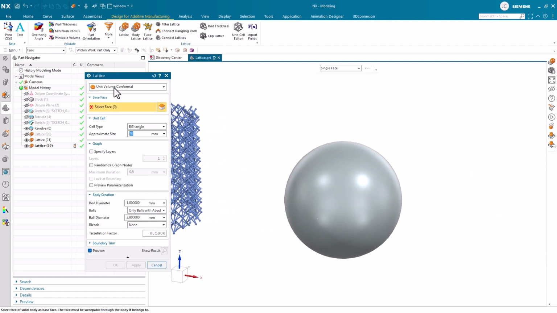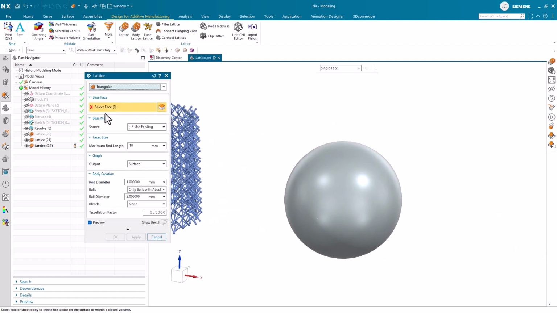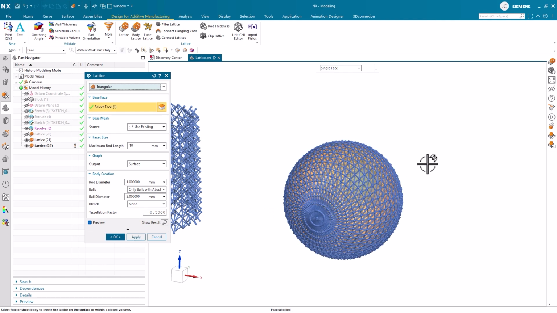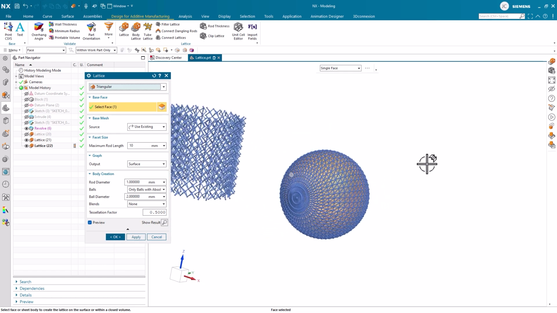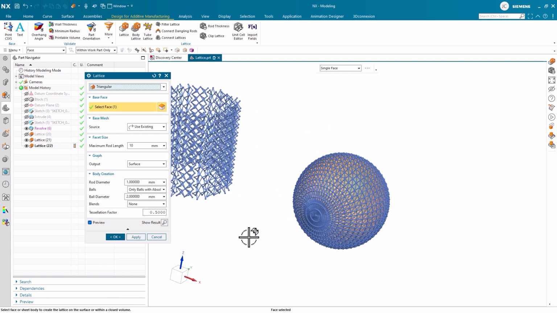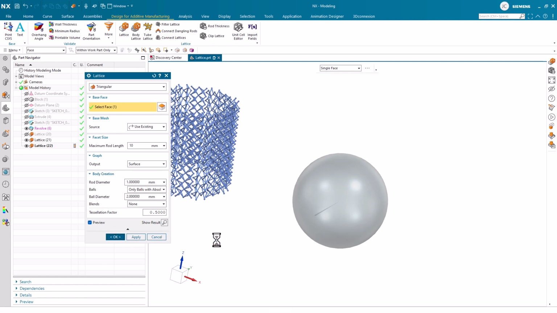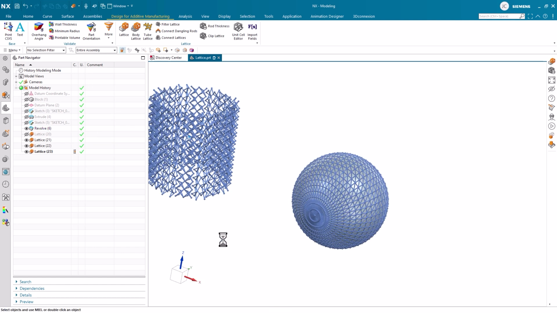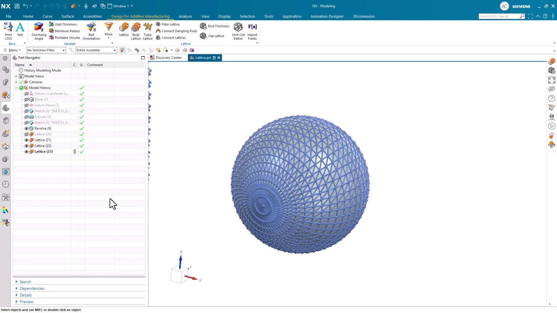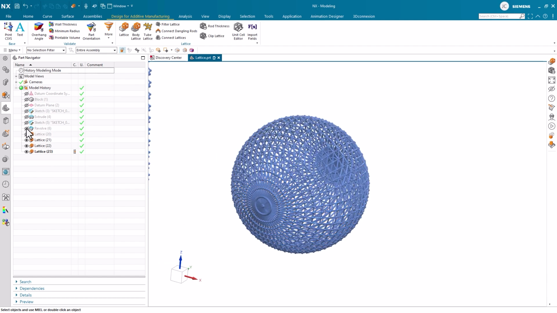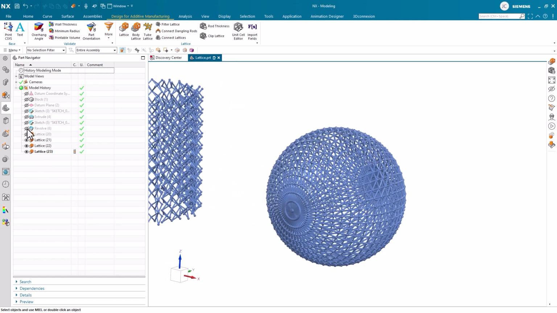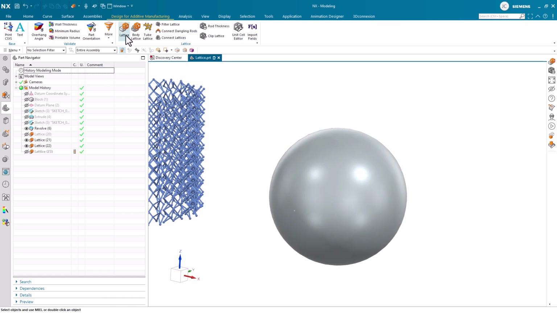The fourth lattice option we're going to explore is triangular. This choice again provides a different style lattice structure. This time, it can be used on surfaces or volumes using the graph output dropdown. This option will create tetrahedron structures, and it will use facet edges as rods. For options like this sphere that don't have edges, it can still produce a lattice structure on the surface, but we will not be able to output a lattice volume.